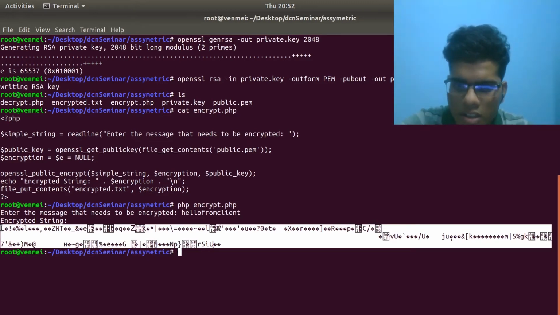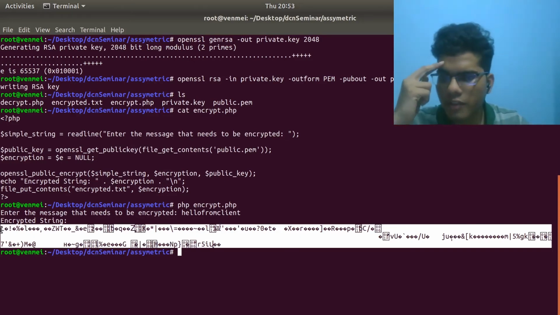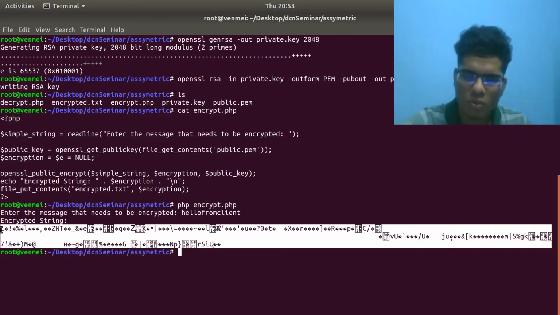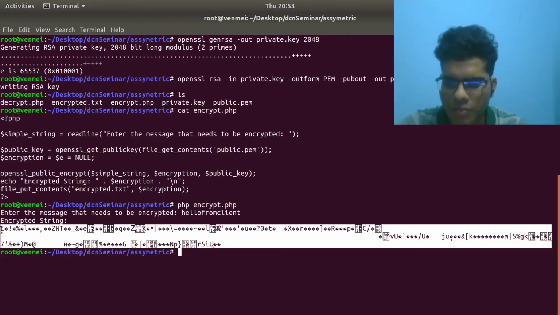But in this scenario, it is much longer, because for a standard RSA encryption algorithm, we used 2048-bit long keys. So that's why the string which we got from the encryption is also quite long when compared to the symmetric encryption.